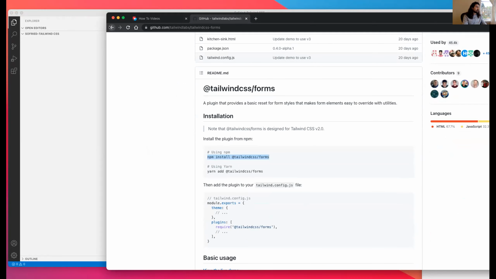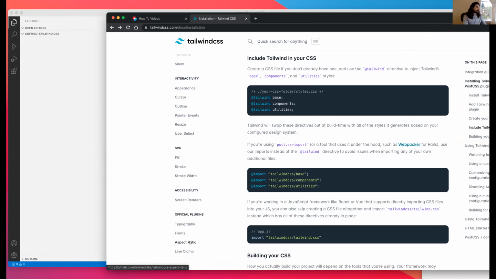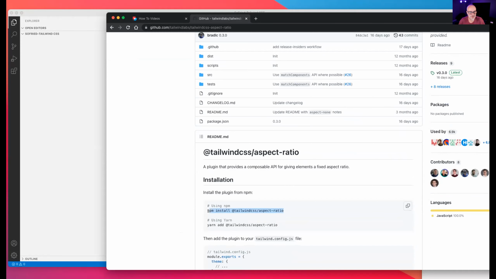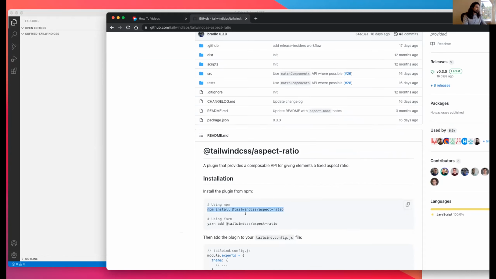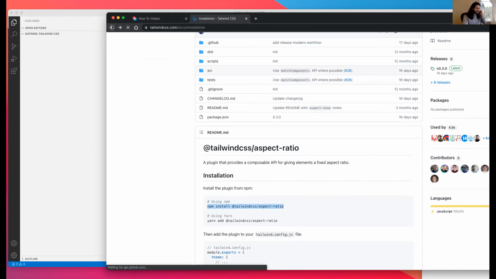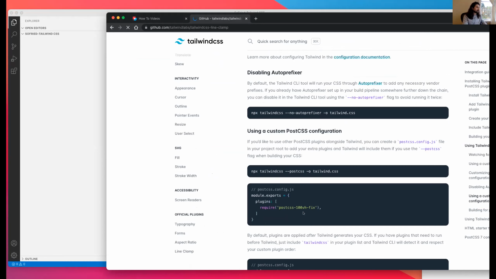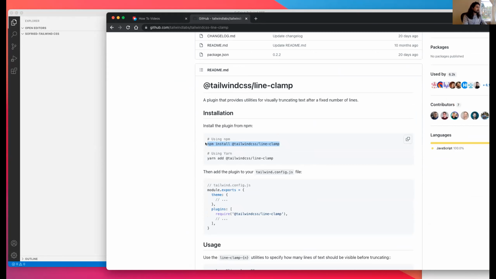And then aspect ratio. You have fiber internet or something? That was fast. It's small packages, I guess. And then line clamp. So these are the official plugins, and I pretty much stick to only the official plugins.